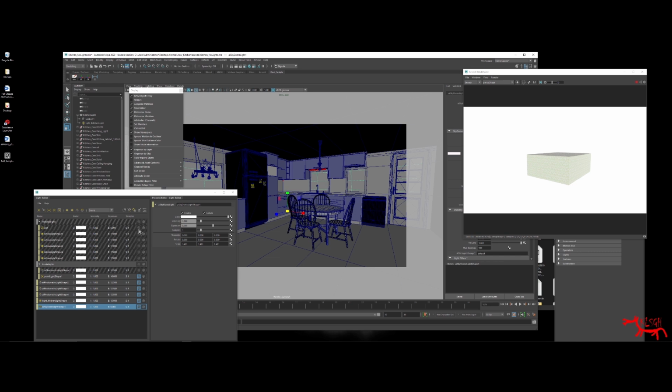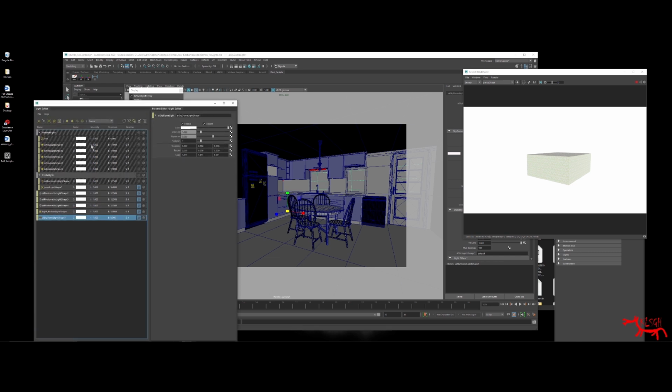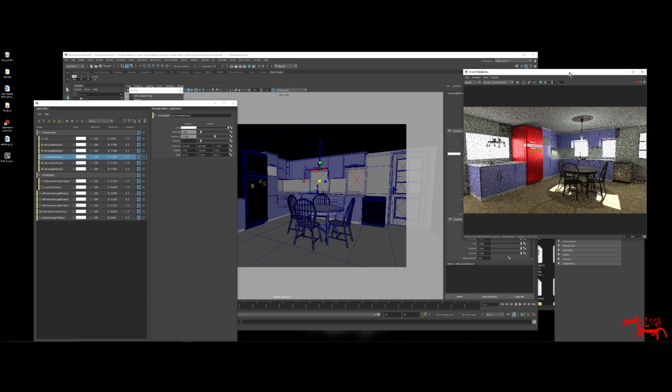I'm going to turn on actually all my lights now. I want to stop my render. Okay, looks pretty good. And let's try change it to my camera. So it looks here. I'm going to wait until this is done. Okay, it's done. You can see it took 38 seconds, and we have a lot more to do to change